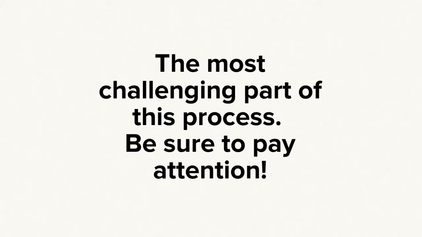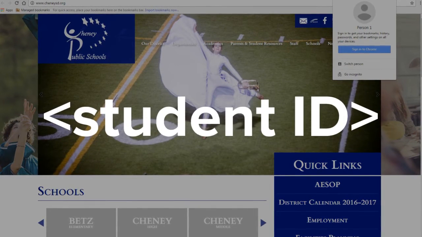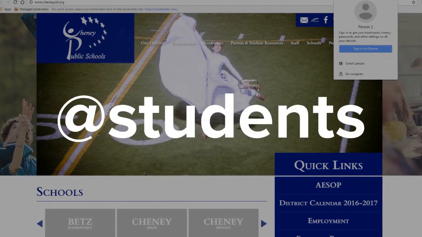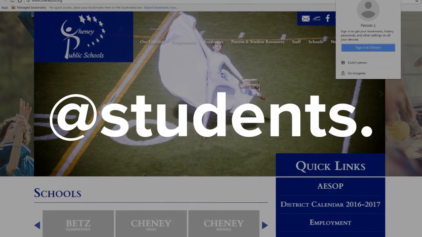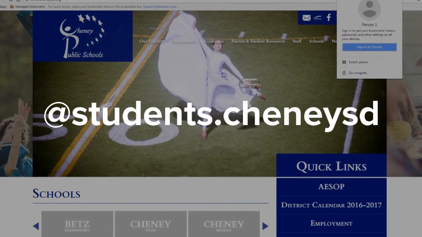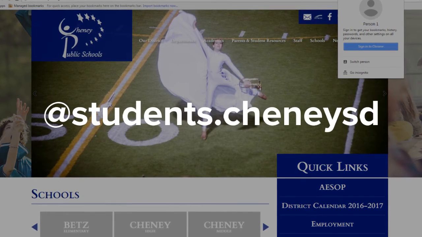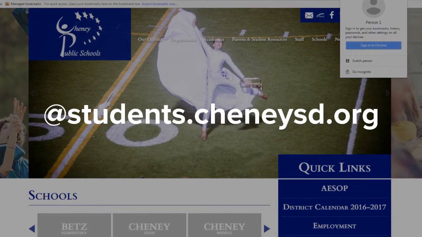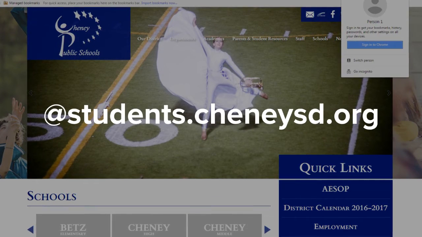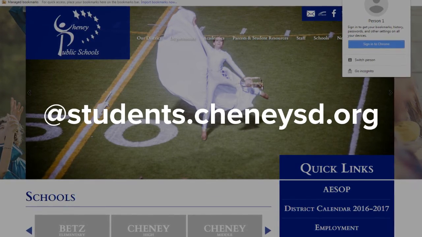Are you ready? Your school email is your student ID number at students. You need to be sure that this is plural. Cheney, remember that Cheney has two E's, SD, as in school district, .org. Then click Next and enter your password. This will be your 8-digit birth date. After reading over and agreeing to the terms, as well as clicking Link Data when prompted, type